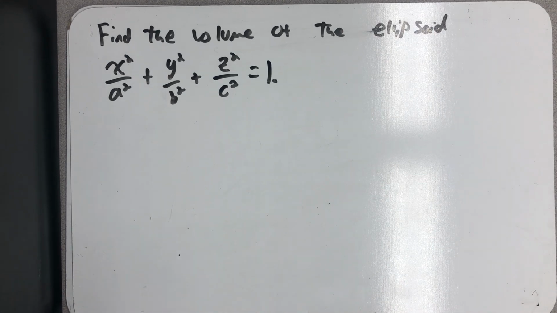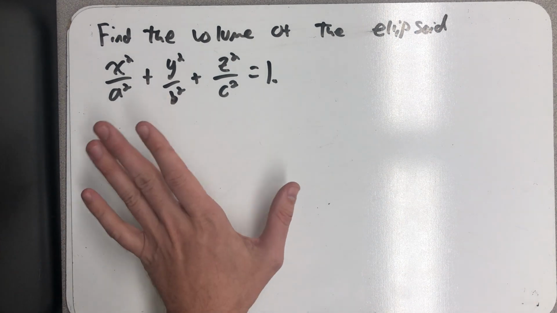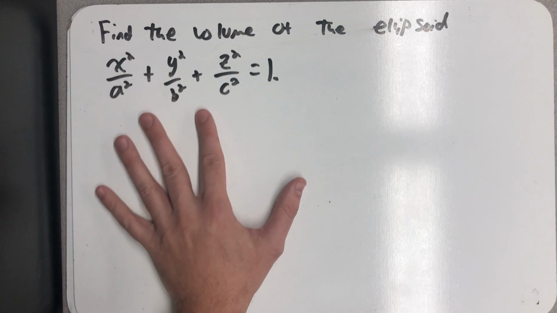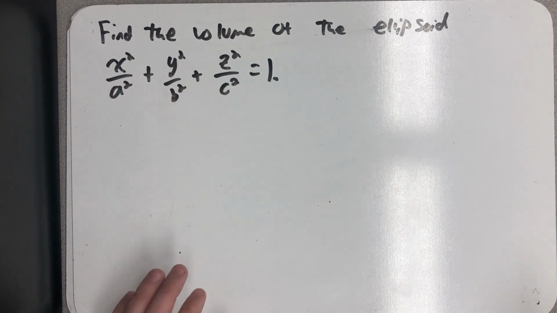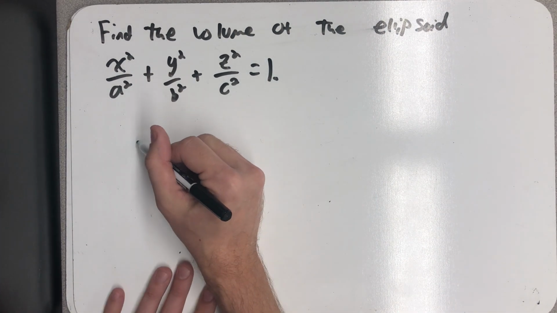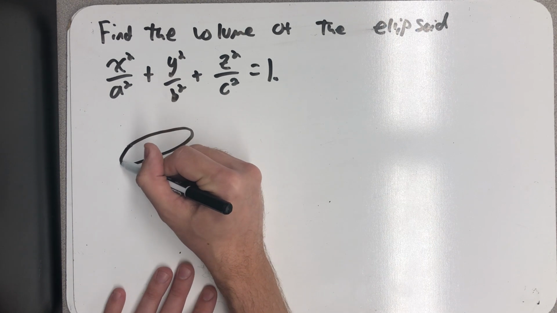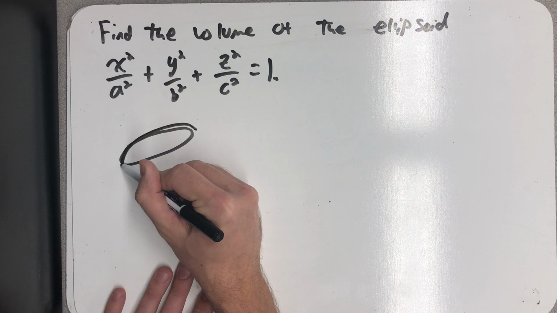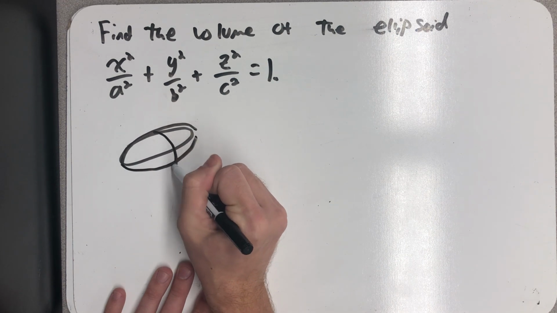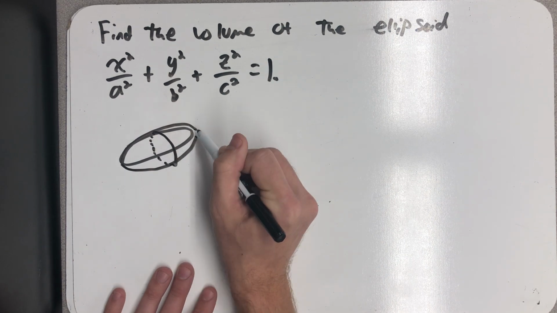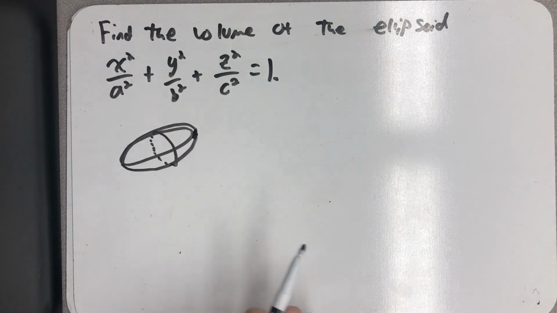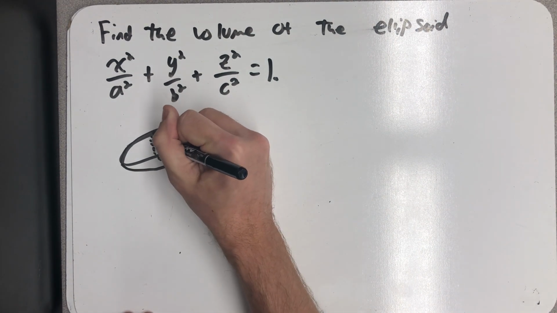I want to do an example where we do a substitution in a triple integral and then evaluate. And what I've chosen to think about is the volume of this ellipsoid. And so I can draw an ellipsoid badly, but we'll just pretend. All right, so we're going to pretend that's actually an ellipsoid with an origin right there in the middle and